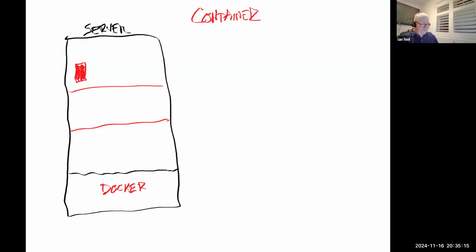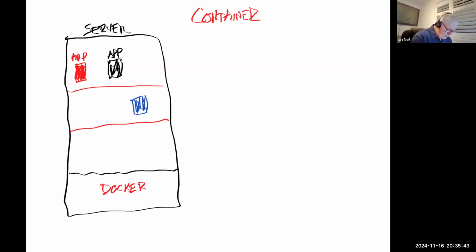It's got everything it needs inside. And the developers love this because they can put applications inside these new containers. You see it? I've got a red application. I've got a blue application. I've got a black application.